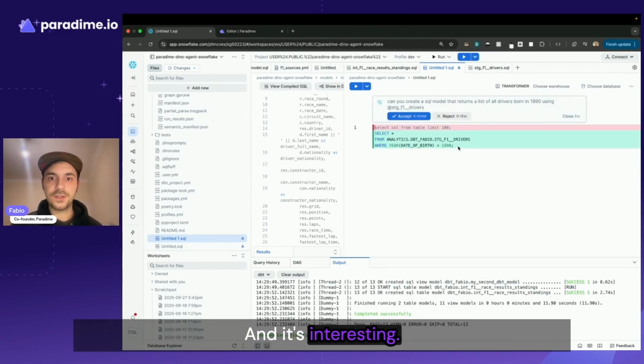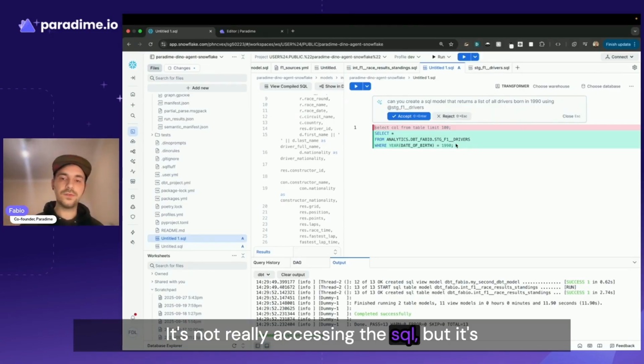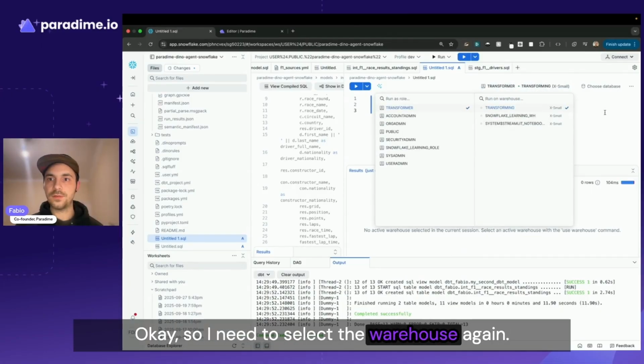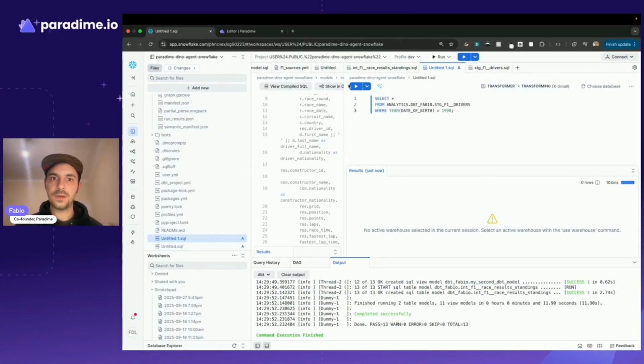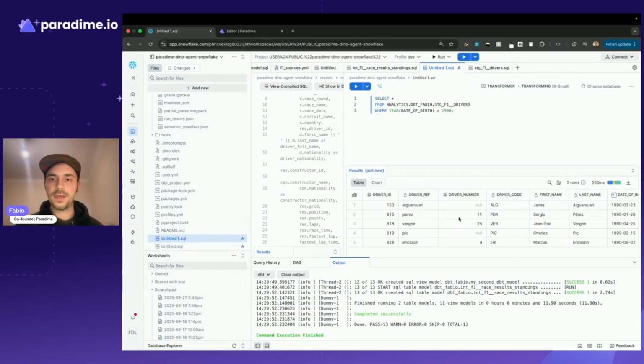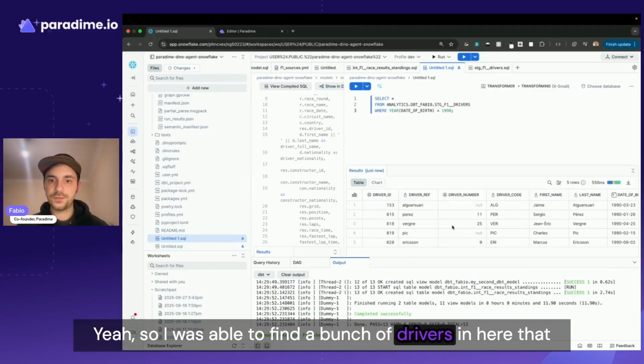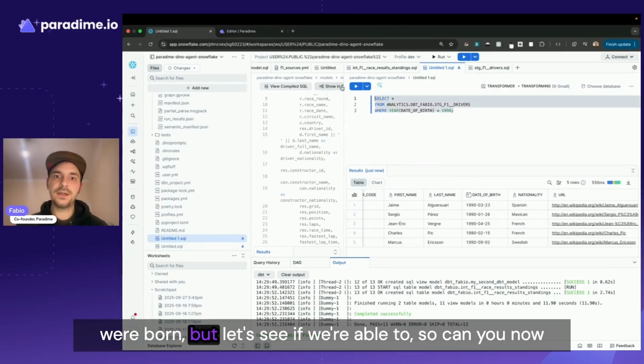It's interesting, it's not really accessing the SQL, but it's accessing the table that was created by that case. Okay, I need to select the warehouse again. Okay, cool. So I was able to find a bunch of drivers that were born in the 1990s. But let's see if we're able to